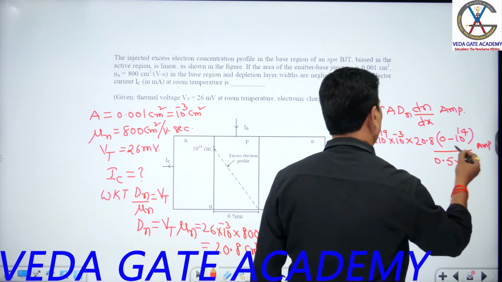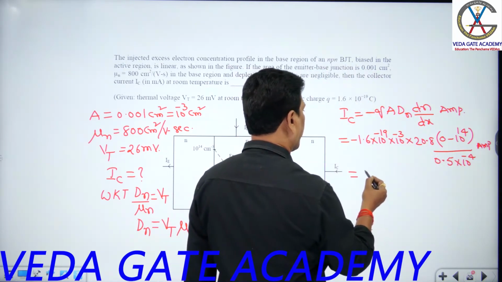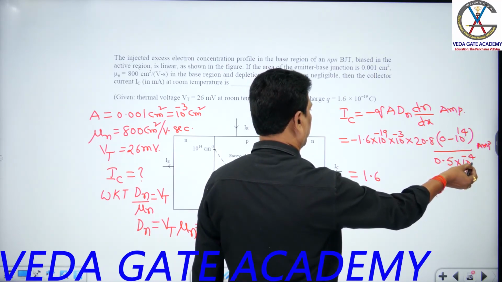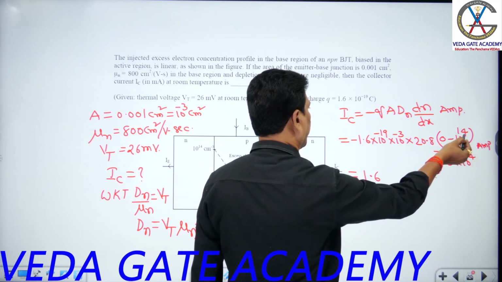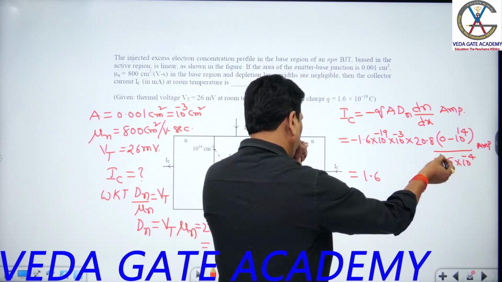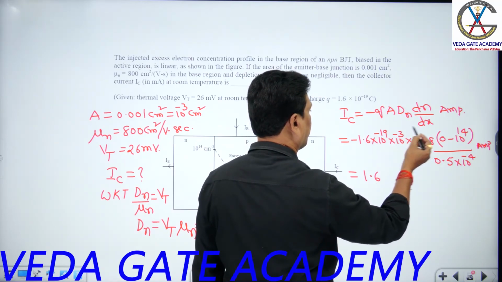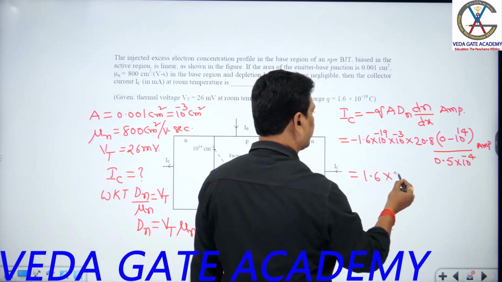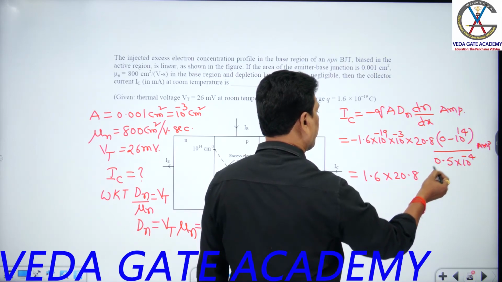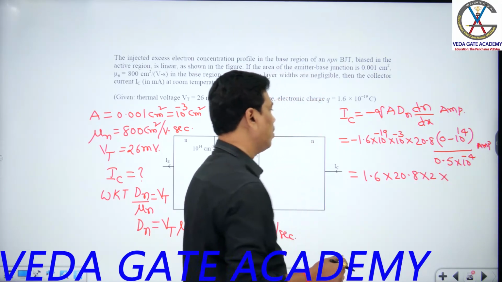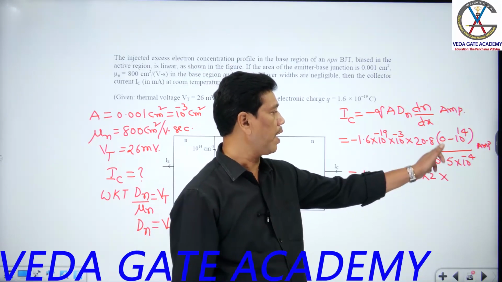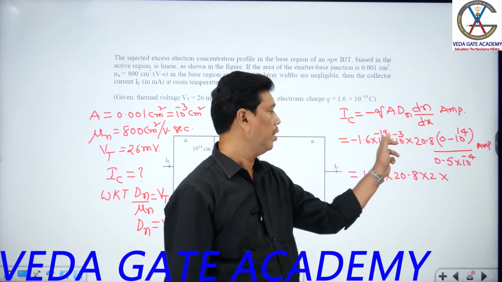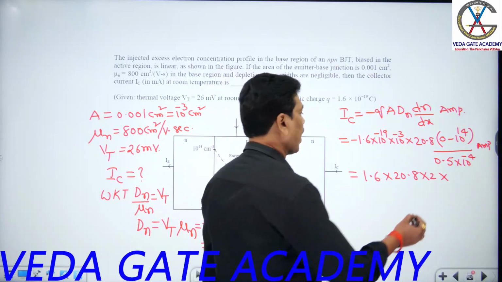So the unit is ampere. Minus of minus becomes plus, students. 1.6 into 10 power minus 19, times 10 power minus 3, gives 10 power minus 22. The 10 power 14 goes to the numerator. Minus of minus becomes plus, I told. 10 power minus 19, 10 power minus 22, 10 power 14 becomes 10 power 18, and the 10 power minus 4 remains. Remaining I have written: 20.8, and 1 by 0.5 becomes 2. So 1.6, 20.8, and 2 are written. This is 10 power minus 4, and 10 power 14 becomes 10 power 18, ampere.